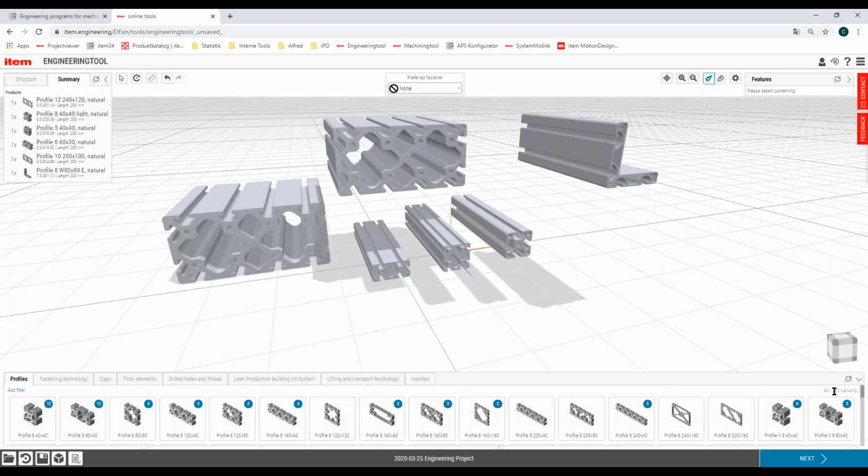We do offer in our engineering tool at the moment 203 different profile variants, in different sizes and shapes. And it's the same for our caps. We have a cap in black usually, maybe in gray, in all of the different shapes, maybe in different materials.